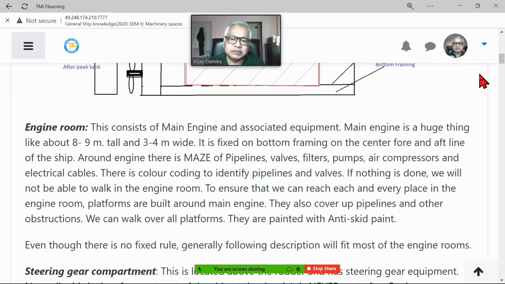Additionally, there is always a possibility, if you do any maintenance work, that when you open something there will be oil involved. So even though you keep it clean, you still have anti-skid paint. That means your normal safety shoes shall not slip, because when the ship is rolling, pitching and moving, it's not that easy.